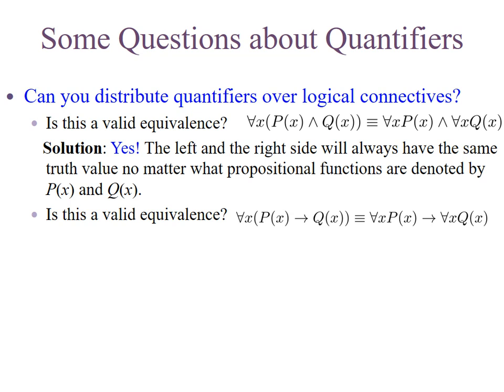Then it tells us if p of x is true, that means for some x, it follows the property. So maybe we can have a circle here. The x within the circle has such properties. If it has such properties, then q of x is also true. Then these four elements also